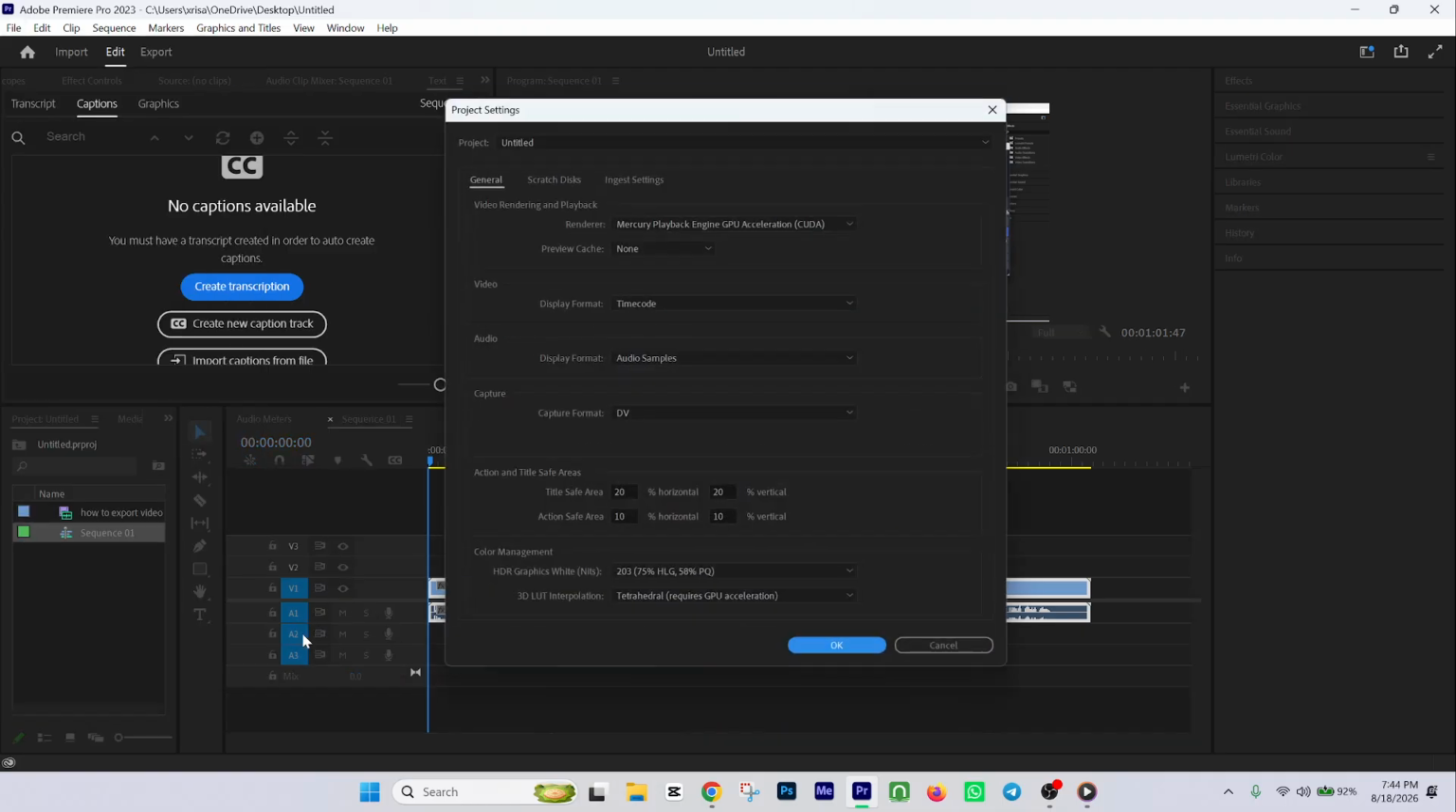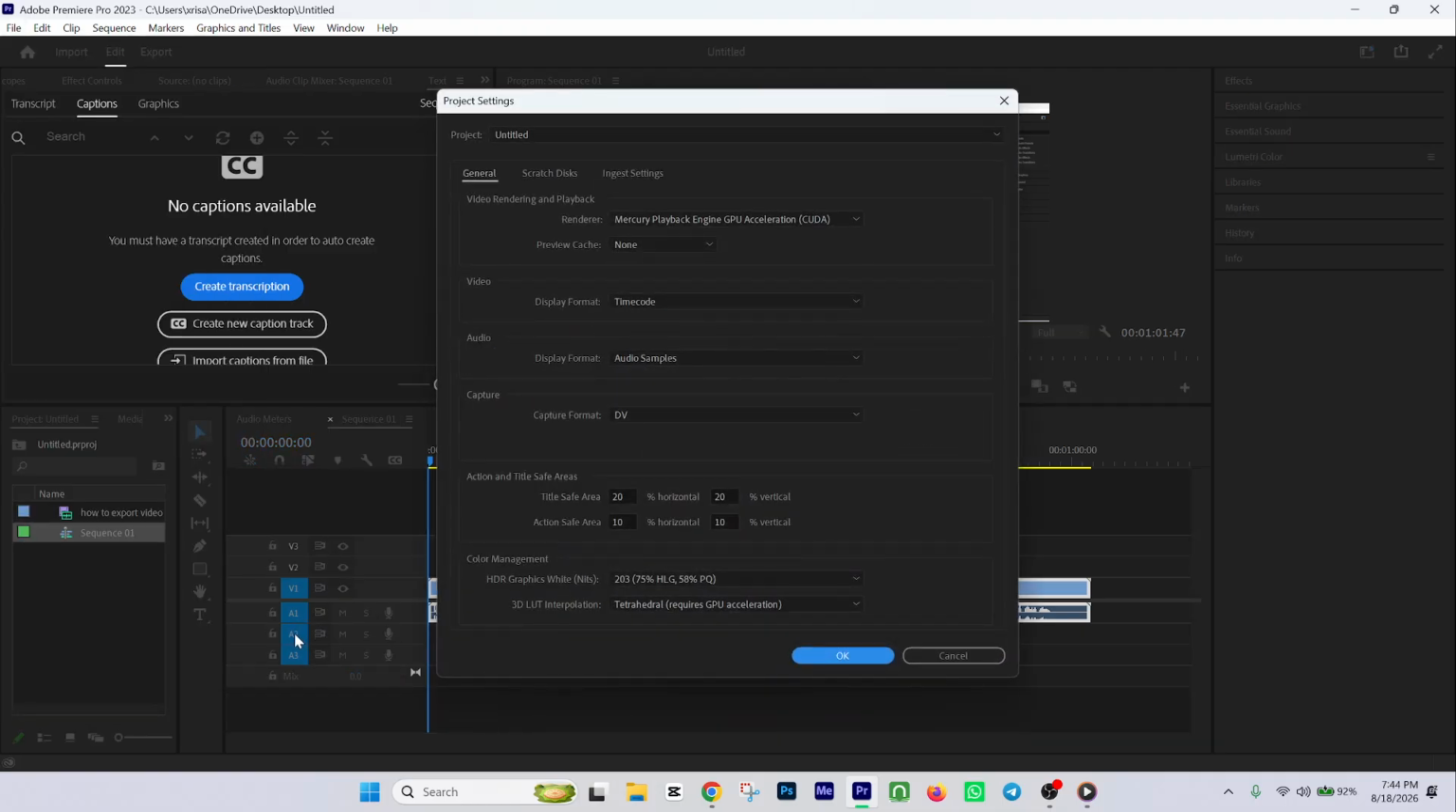Then select General. This will open the General Settings window for your current project, where you'll find options related to how Premiere Pro handles rendering and playback. In that window, locate the Renderer drop-down list under the Video Rendering and Playback section. This is the setting that determines whether Premiere Pro uses only your computer's processor or also takes advantage of your GPU. If it is currently set to software only, click the drop-down and change it to Mercury Playback Engine GPU